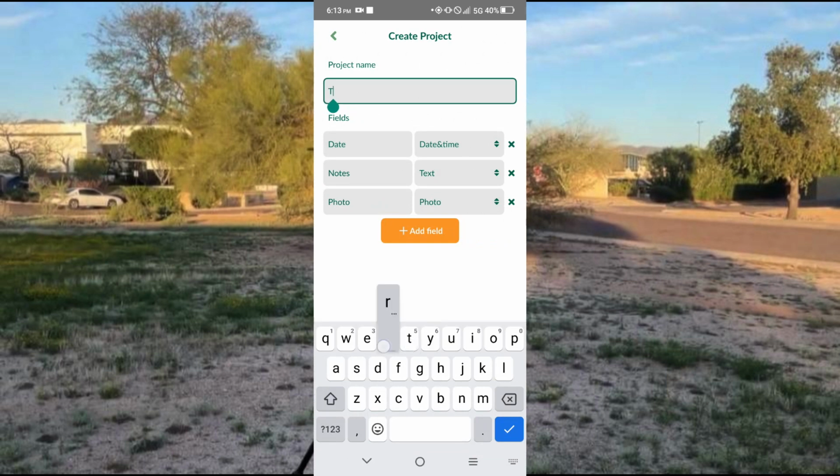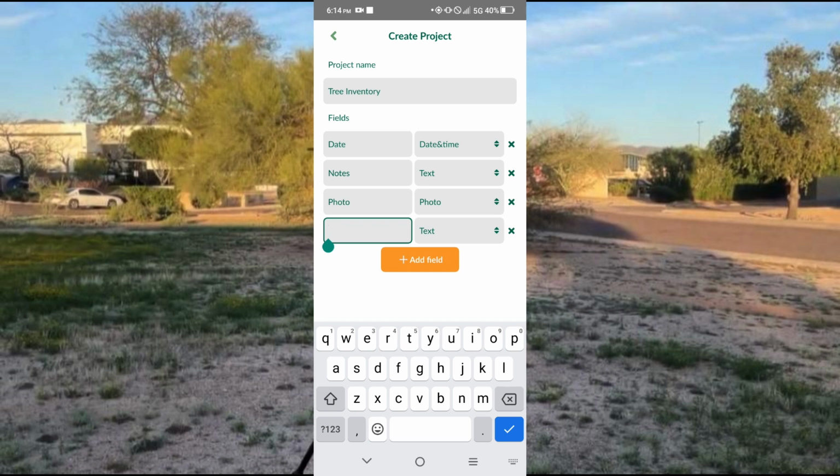So I'm going to call this tree inventory. We'll just capture a couple trees around here. You see it already fills out a date, any notes I might have. Always recommend creating a notes field just in case something is a little bit off, especially if you have a domain, like a list, a drop-down list for your fields. Always good having that. A photo, and so we can go over here and we can just call this tree